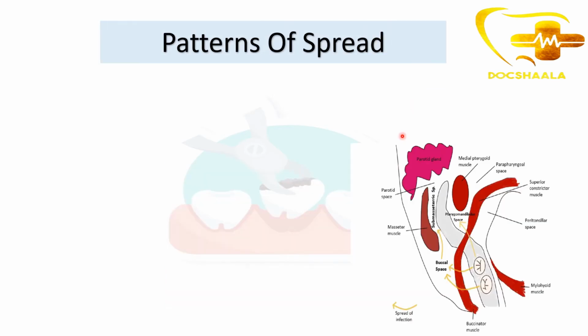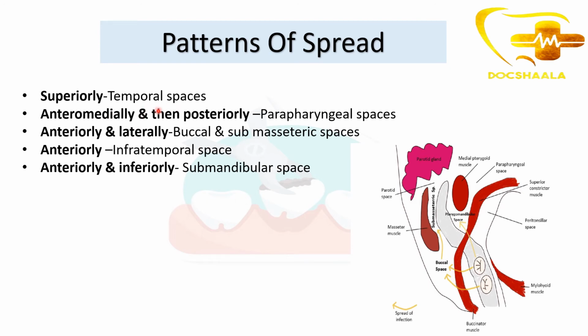Then coming to the patterns of spread. How does the infection spread from the pterygomandibular space? Let us see that. Superiorly from the pterygomandibular space, it goes into the temporal spaces, okay, and anteromedially and then posteriorly towards the parapharyngeal space. So here is the parapharyngeal space. From the pterygomandibular space, anteriorly and posteriorly it goes to the parapharyngeal space, and anteriorly and laterally it involves the buccal space